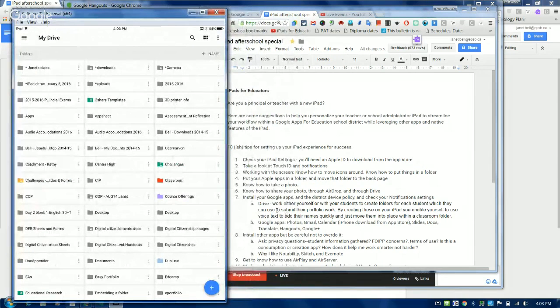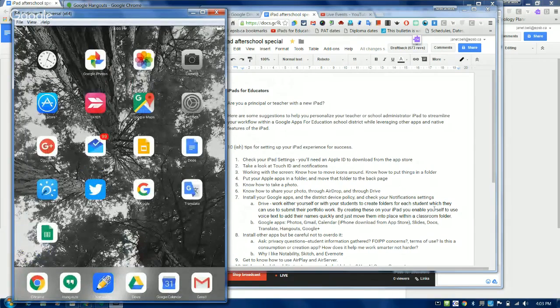Okay, so as I mentioned in my handout here, Drive is probably the one. If you were only going to install one app on your iPad, let it be Drive. One other thing I forgot to mention in terms of organizing the iPad is along the bottom, so along here,